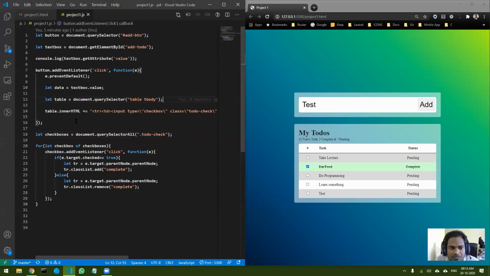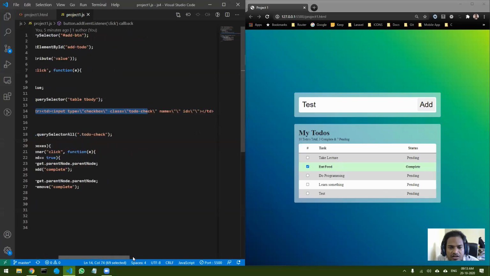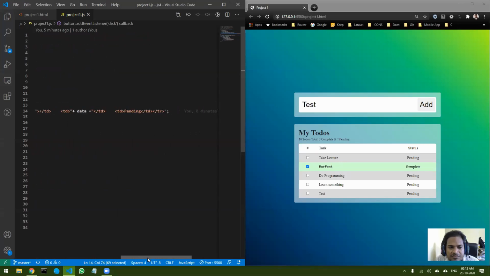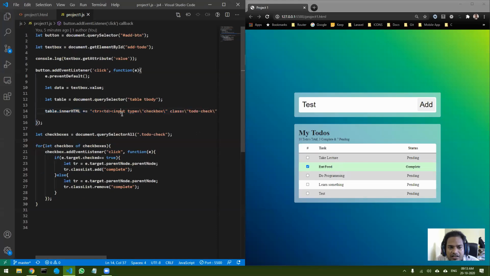Okay, so if you look at it, now how have I created this particular additional tr? This entire tr we have created using this particular statement. So you can see what we have done. We have written the entire statement over here, and so now what we have done is we have just appended something to the end of the table, in the string format.